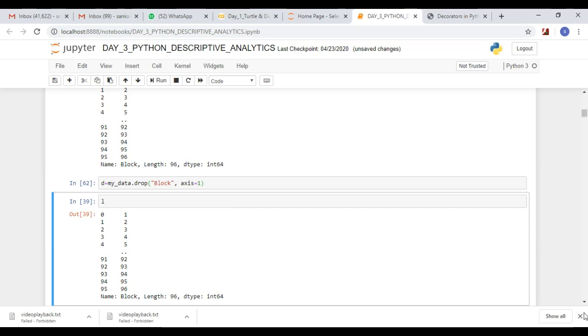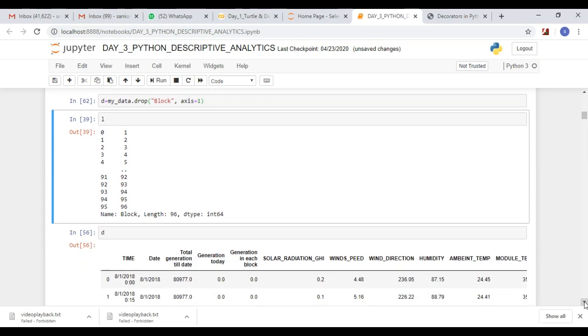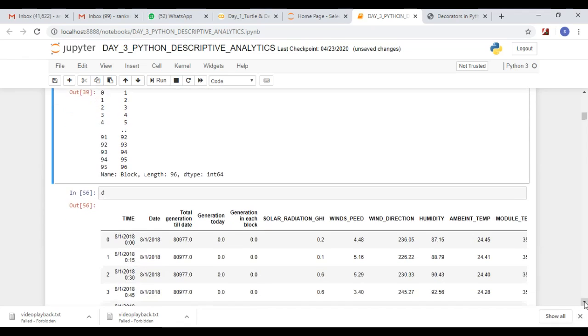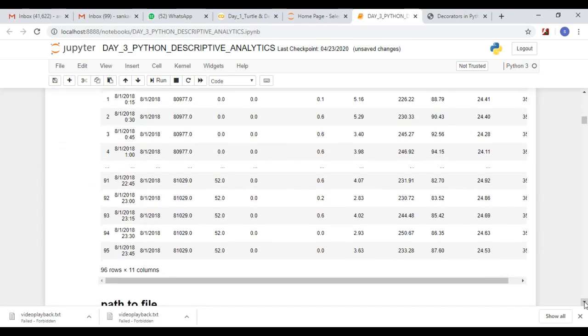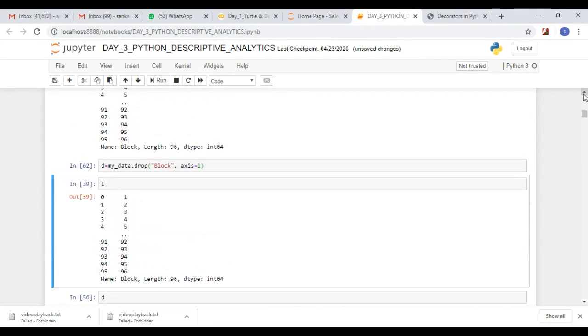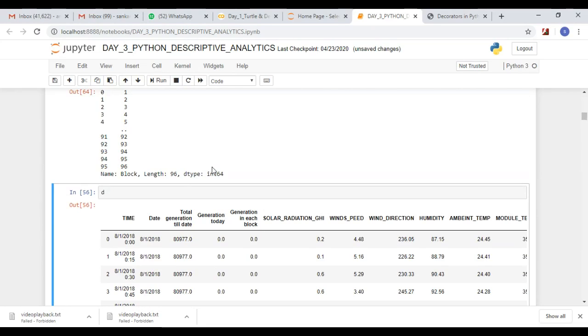Then if I return that table, my underscore data drop, I have dropped the block while creating D. So that block header will not be printed.